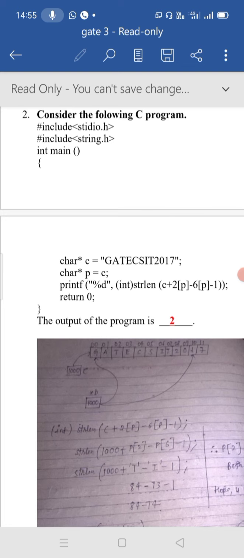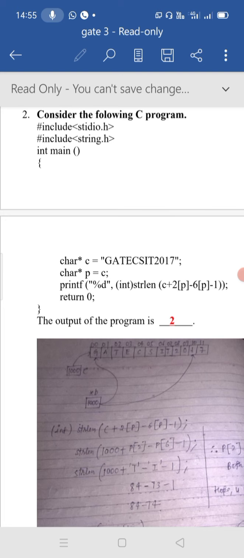Initially see the image. Inside the image we have the declaration GATECSIT2017. For G it holds the address 1000, the next holds 1001 and 1002, likewise it moves on up to 1011.